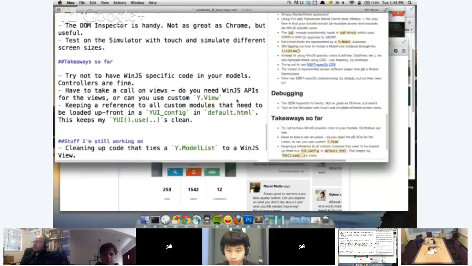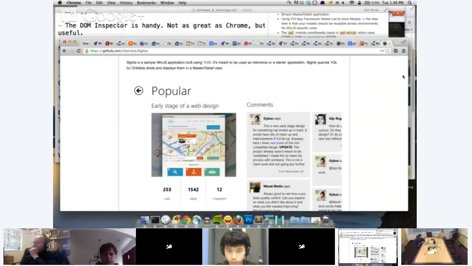So some of the takeaways that I learned so far from doing this is there's really not that much different about Win.js. That's not true about HTML in general. So everything that we're doing right now on the browser, we can take advantage of that for the most part. We just have to work around some stuff, like no external script references,